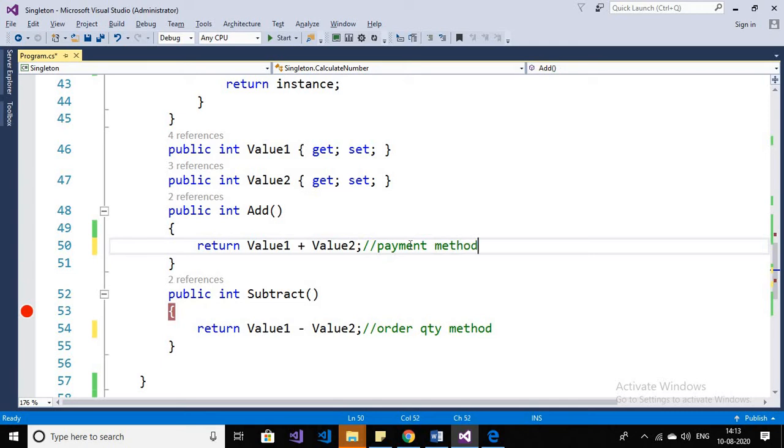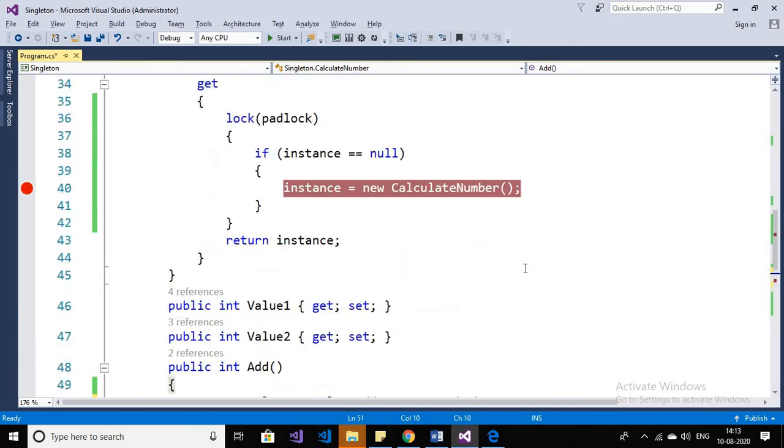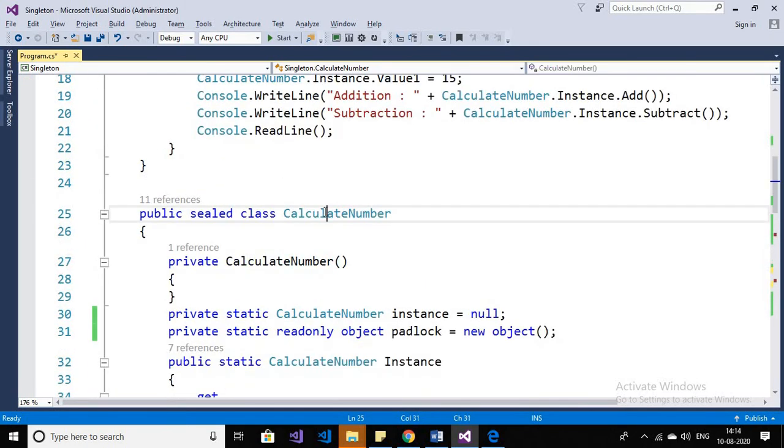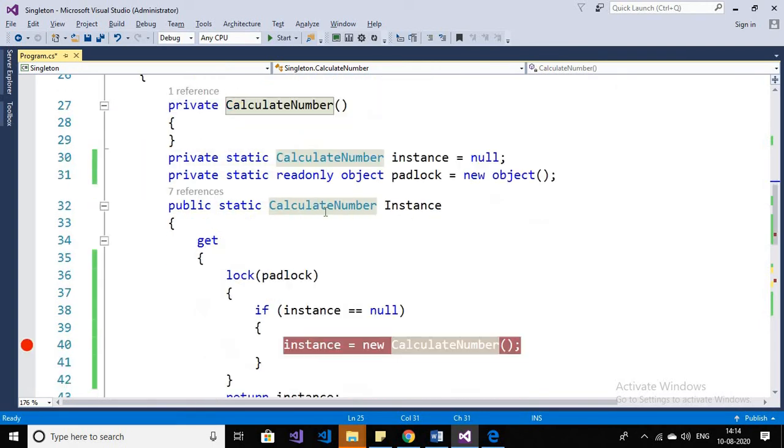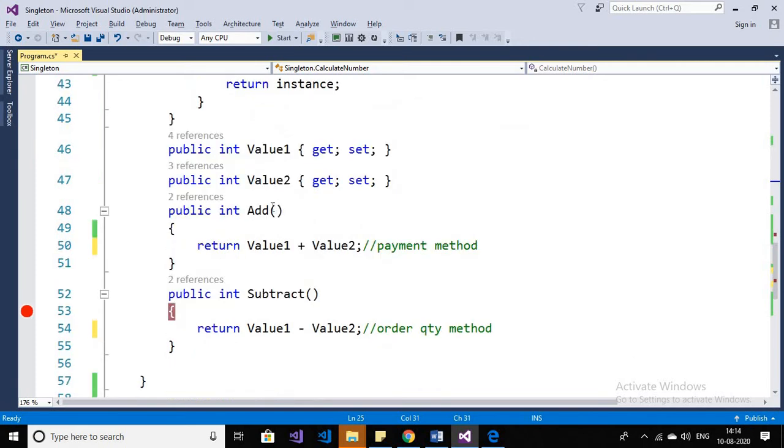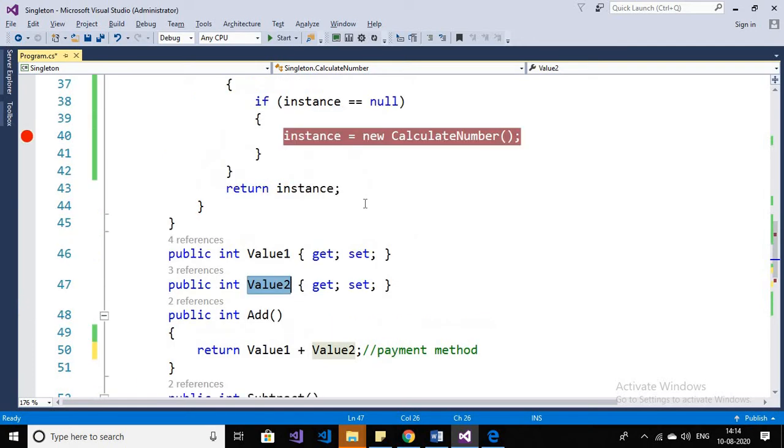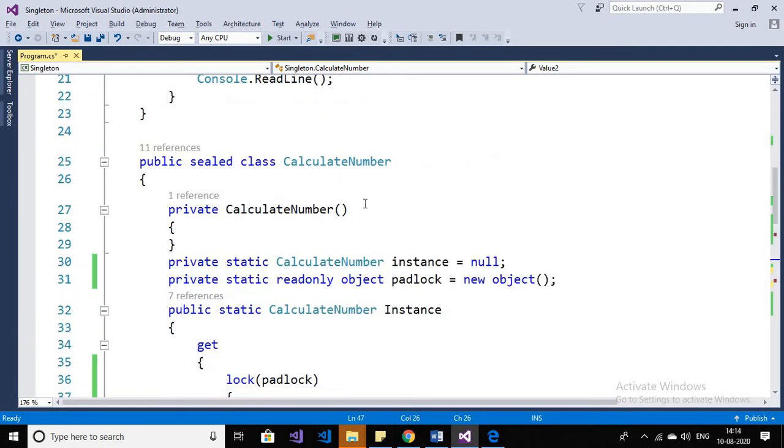Okay, so the main purpose is that this class will have only one instance, and that instance will be able to access the add method, the subtract method, value 1, and value 2. That means that instance will be able to access variables and methods inside the singleton class pattern.